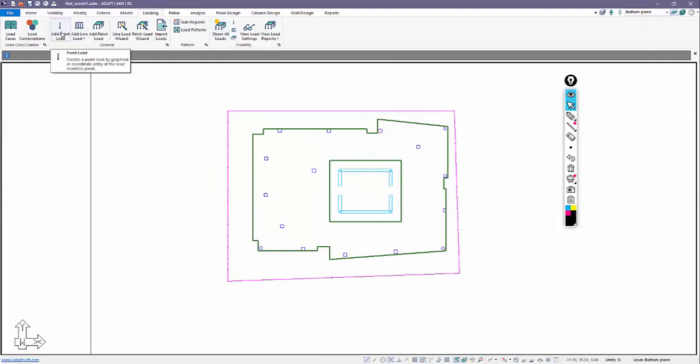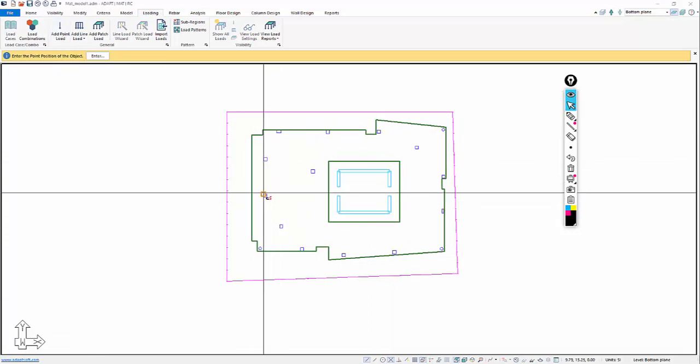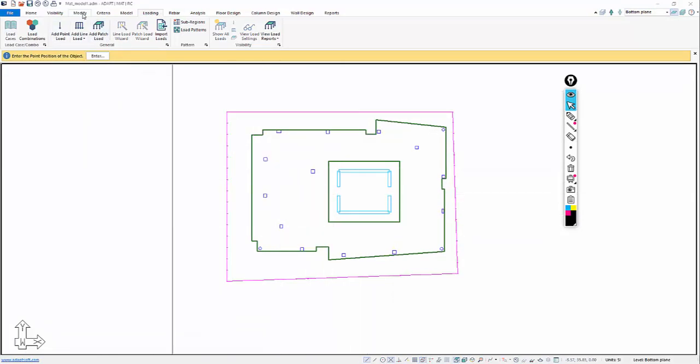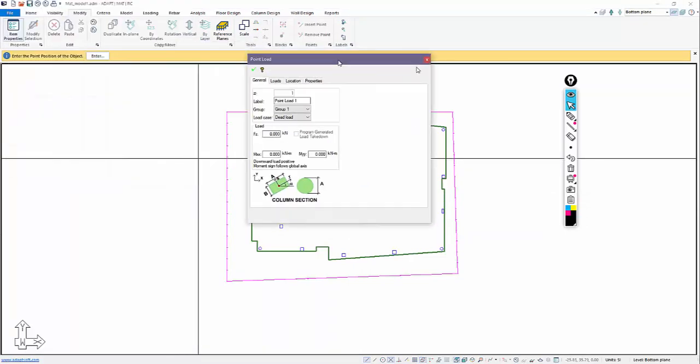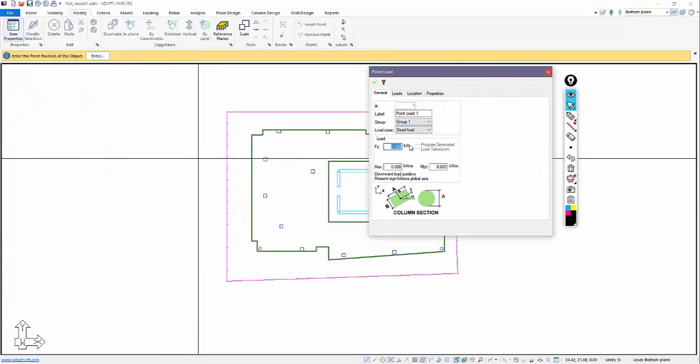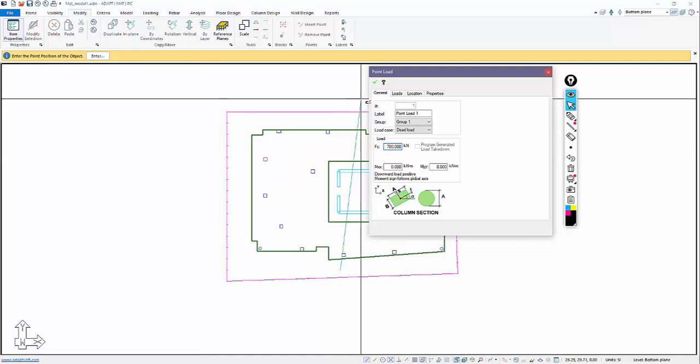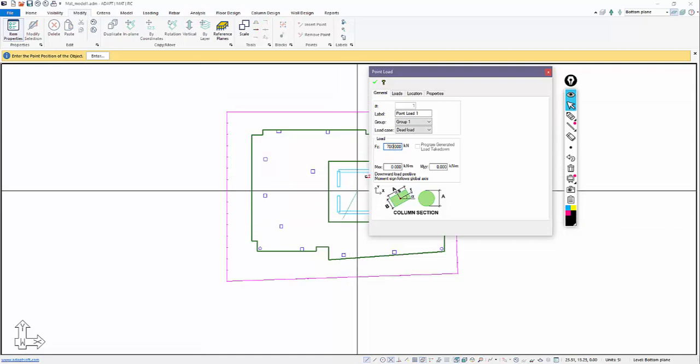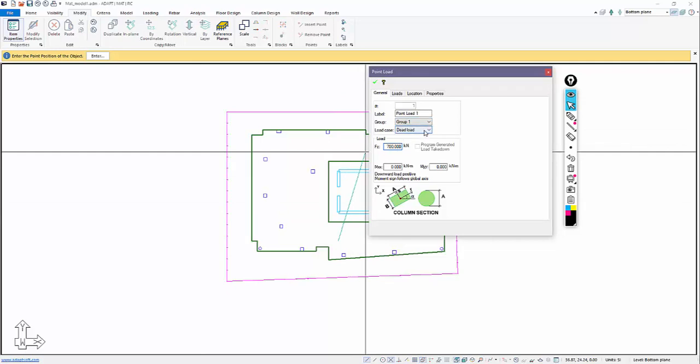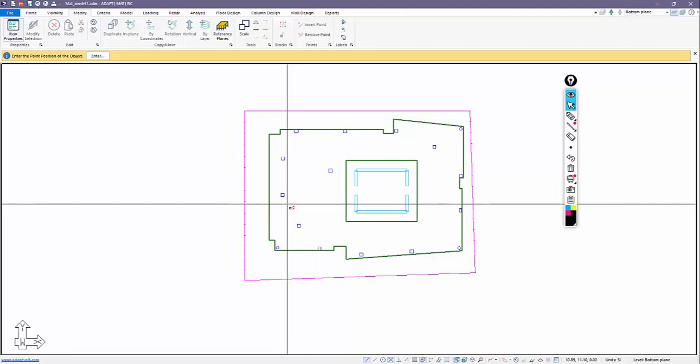So I'm going to add a point load. Before I actually place the point load, I'm going to open the properties. So I'll go to modify the properties. And for dead load, we're going to call this 700 kilonewtons. This is an FZ, positive is downward. I want to make sure that the user understands this is intended to be a unique load, meaning this value cannot represent two different load cases. In this case, we've selected dead load, so it's going to represent the dead load. And we'll go ahead now and add that load.